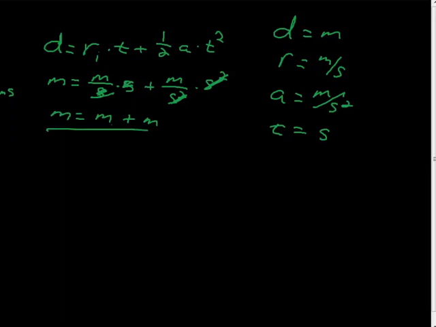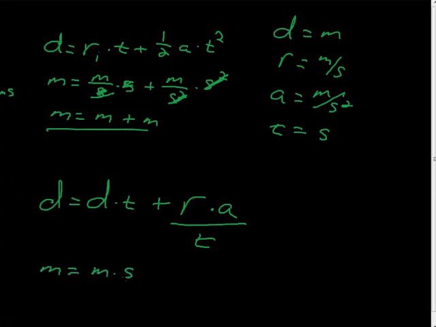Now, if we were to pose something maybe that didn't work, let's take a look at something that didn't work. What can we do? I don't know, I'll just make one up. Distance equals distance times time plus it. I don't know. If I'm just making something up, it's probably going to be wrong. So let's take rate, the rate times acceleration over time. Let's see if this works. Meters, and I'll just plug in the same stuff, see if it works out. Meters,